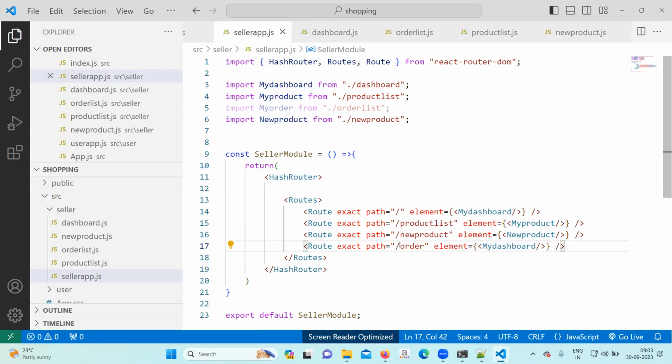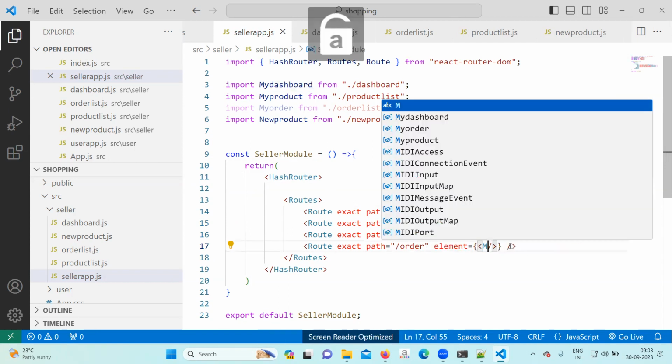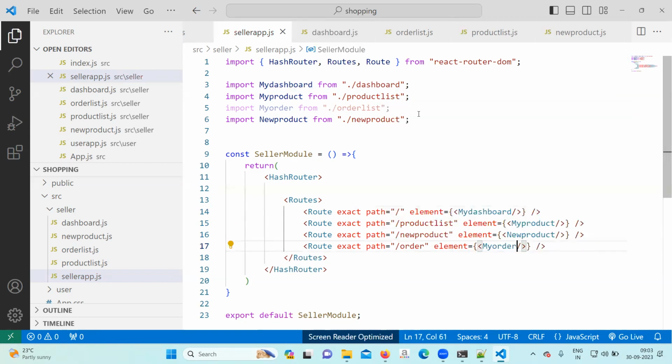Order. You will call my order. So routing is done. Link is left out. So link we will not write in this file, else it will become little long code. For linking purpose, we'll create a separate header file and we will call here.